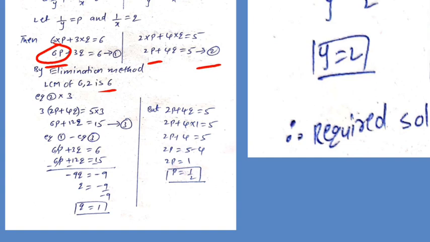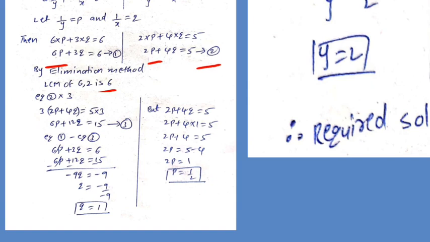So then 6p plus 12q equal to 15. Remember, you should multiply the 3 with both LHS and RHS, it is very important. Now we got the new equation, that is equation 3. Next observe the coefficients of p in equation 1 and equation 3. See here, both coefficients are the same with the same sign. To cancel the p variable, since the signs are the same, I do equation 1 minus equation 3, subtraction, then they will cancel.